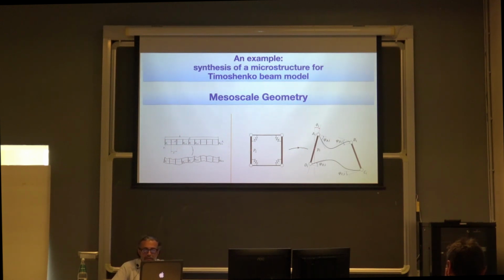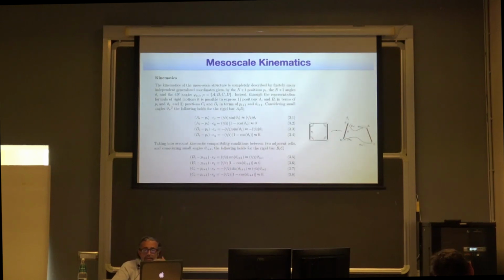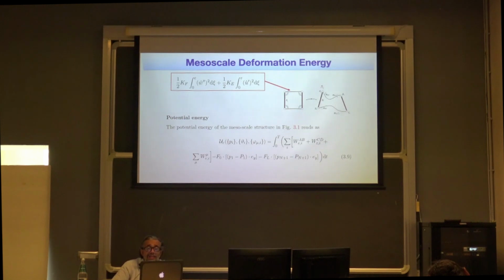Springs, bars, you see it is self-explanatory, this drawing. The microparameters are the position of the barycenter of the bar, the angle theta i, and the angles phi, which give you the change of angle of the rotational springs. Then you reconstruct the position of everything in terms of the position, theta i, and phi i's with this simple geometry, nothing difficult. Then you solve the beam theory for the flexible beam which is at the top. The vertical beams are rigid, the horizontal beams are elastic.